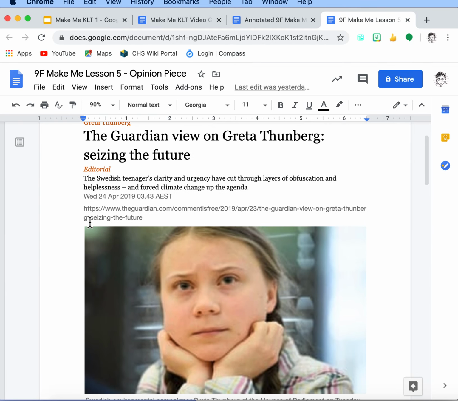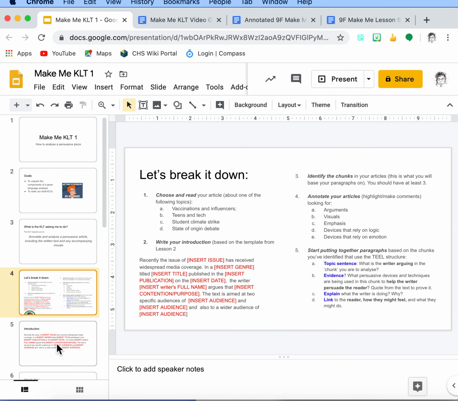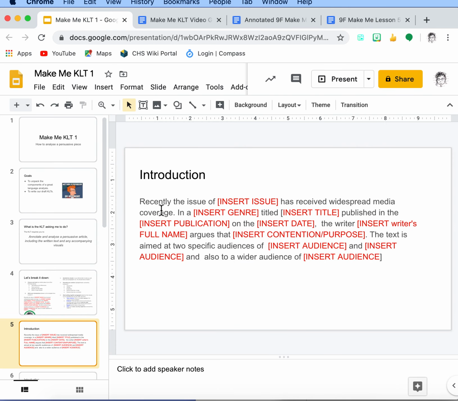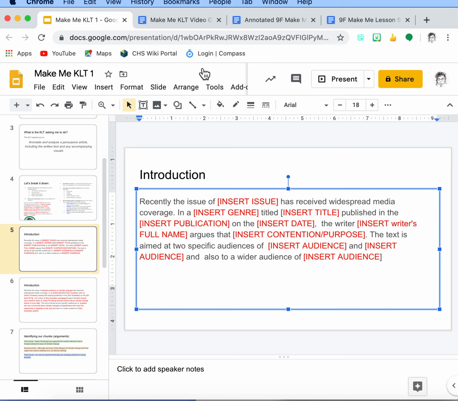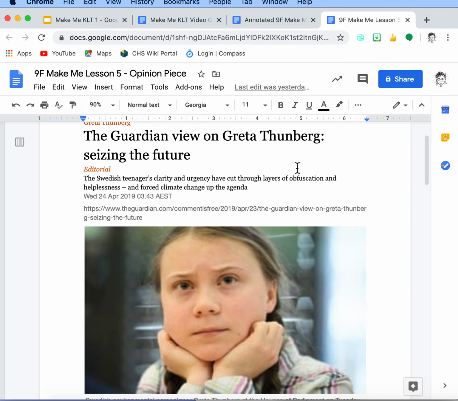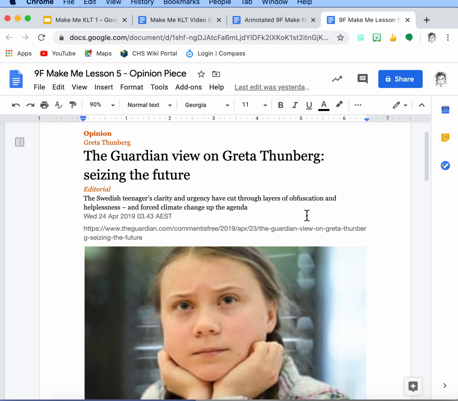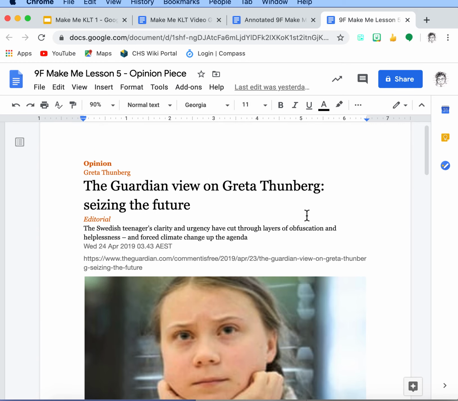I'm more concerned with using this to put together a mock introduction and paragraph 1, so you can see exactly what goes into this kind of analysis. So we know that this is our template for an introduction, okay? So if we are to use this template, and we're looking at this particular article here about Greta Thunberg,